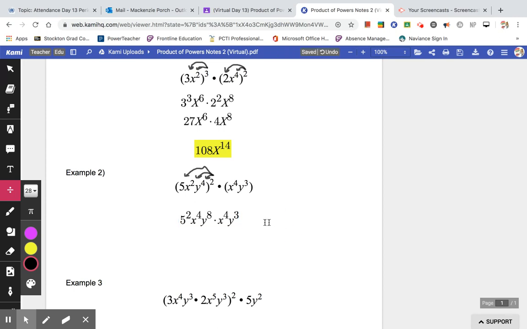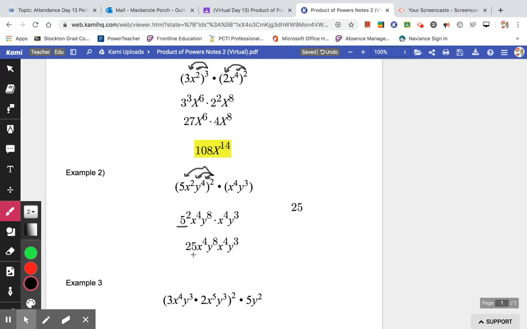So if we look now, again, 5 squared is a number with an exponent. So we do know what 5 squared is. 5 squared is 25. And then you can just rewrite x to the 4th, y to the 8th, x to the 4th, y to the 3rd. And then this just becomes now a product rule where we keep the 25 and we're adding similar